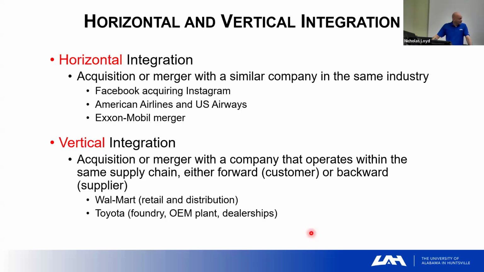Vertical integration is going up and down the supply chain and saying, instead of being dependent on external supply chain links, maybe we will invest in some of those on our own. So we talked about Walmart earlier, a large retail organization. In my hometown and in many other places, they also decided to manage their own distribution. They have their own distribution warehouses, their own shipping. So they vertically integrated that.